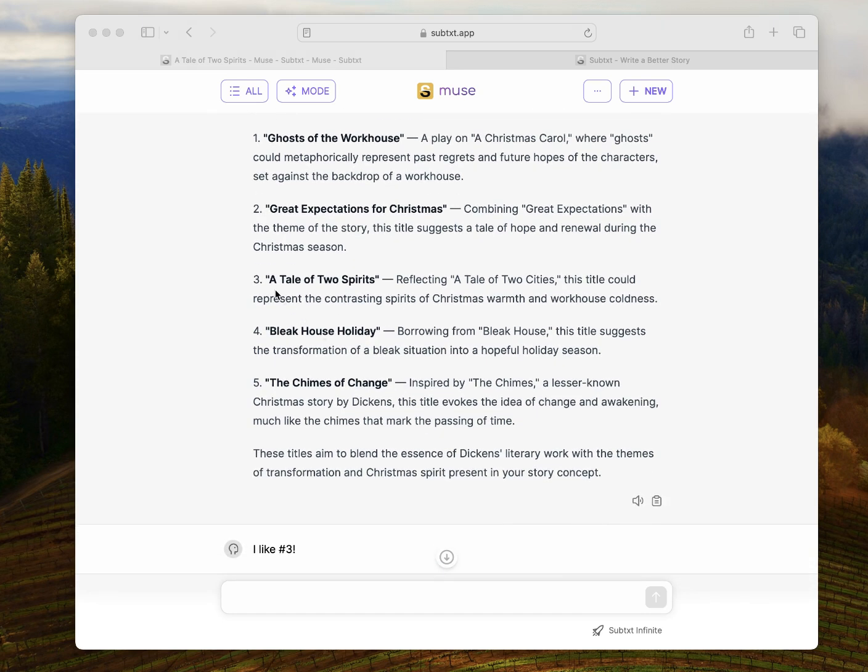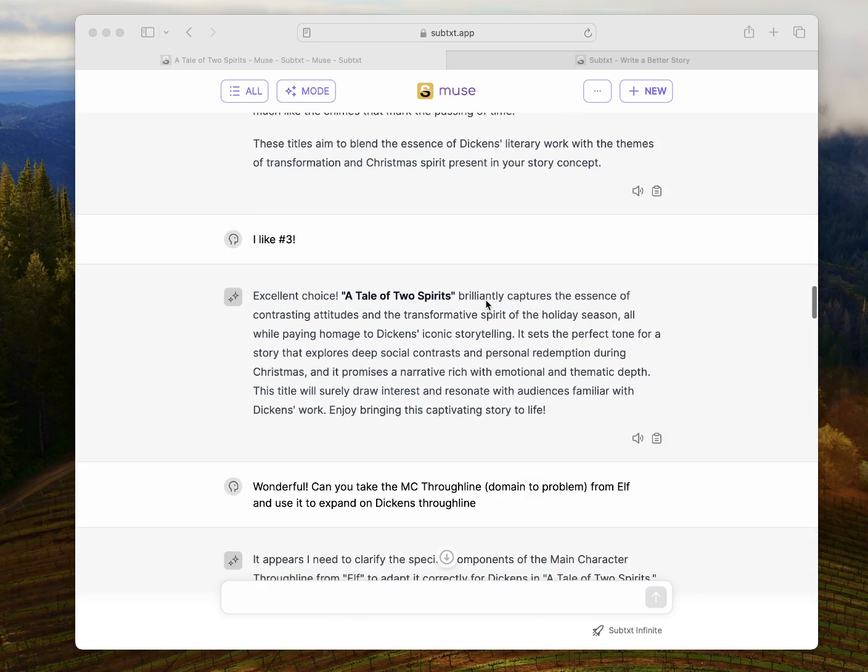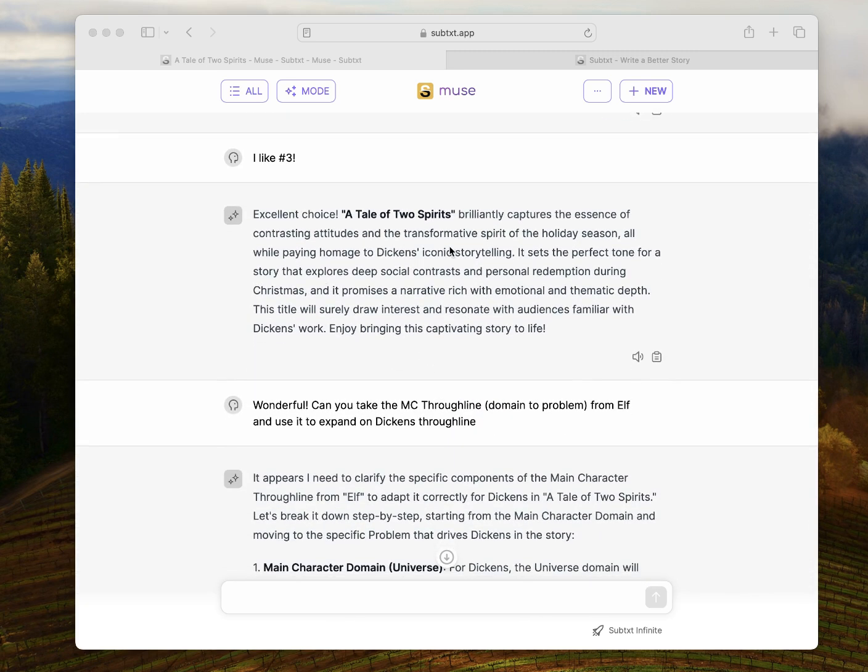So then this came with the one that I liked, A Tale of Two Spirits, because it was like A Tale of Two Cities. And it actually worked out really well considering where the relationship story ended up. In a second, I'll show you. So I just put, I like number 3. That's all you have to do in order to select it. All right, excellent choice. So Tale of Two Spirits really captures the essence of contrasting attitudes and the transformative spirit